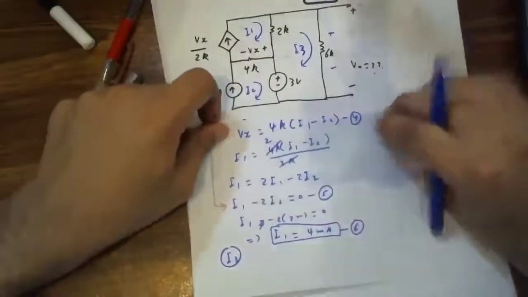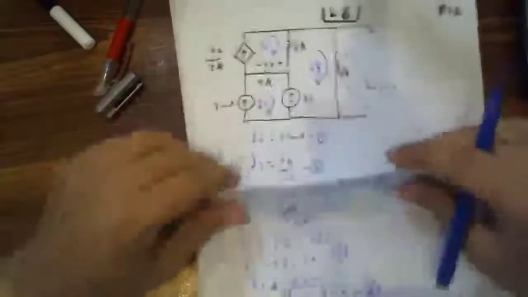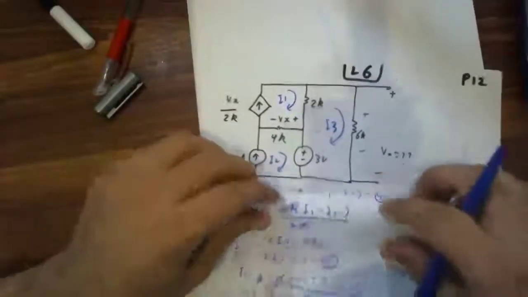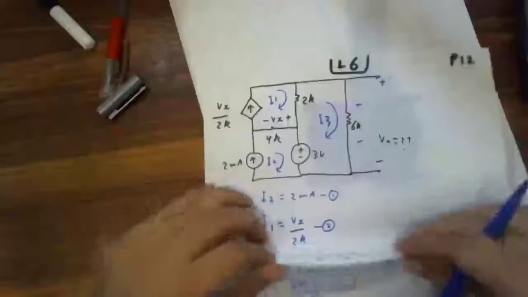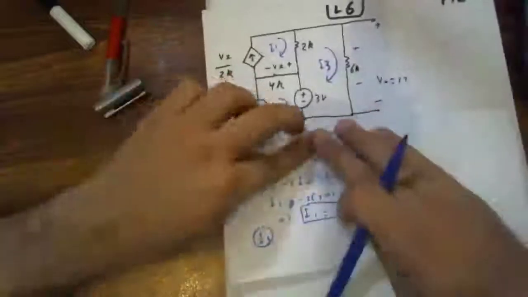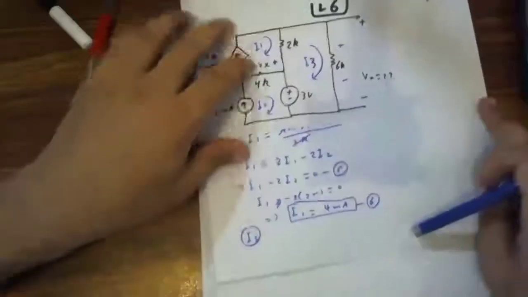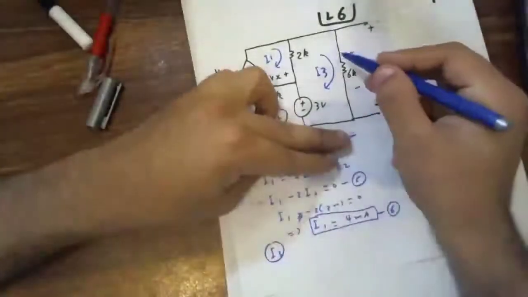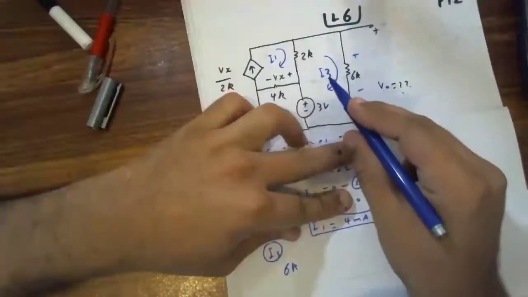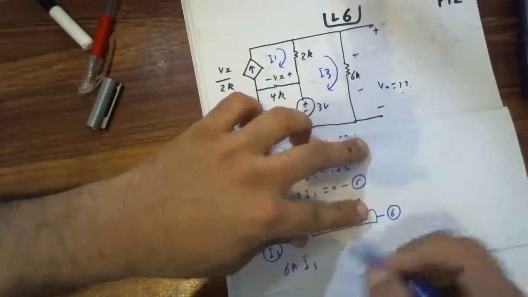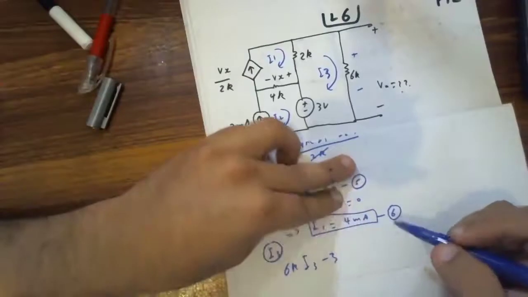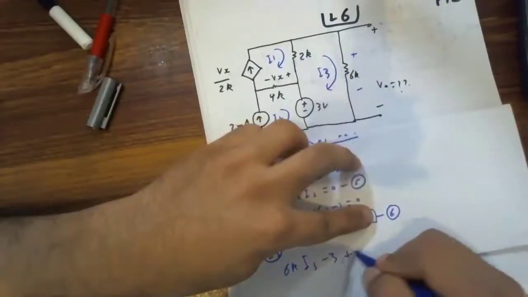मैं KVL की इक्वेशन लिखता हूँ जी यहाँ पे I3 के लिए. तो मैंने अब I3 को केवीएल अप्लाई करना, मैं यहाँ से क्लॉकवाइज डायरेक्शन में स्टार्ट हुआ, सबसे पहले 6K आया, तो आपने 6K को लिख लिया। अब उसमें से करंट कौन सी फ्लो करे, सिर्फ एक करंट फ्लो करे, कौन सी, I3, तो मैंने यहाँ पे इसके साथ लिख लिया I3। फिर आगे आया तो ये 3 वोल्ट आया, 3 वोल्ट पर नेगेटिव टर्मिनल आया मेरे पास, सो मैंने इसको -3 कर दिया। आगे आया 2K रेजिस्टर आ गया, सबसे पहले तो प्लस के साथ 2K लिख दी।